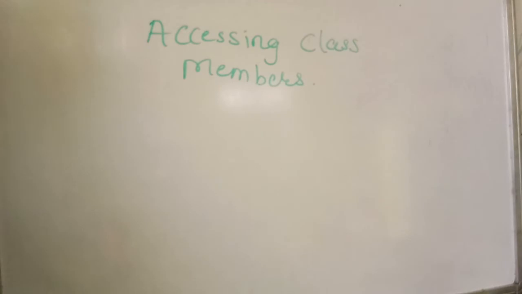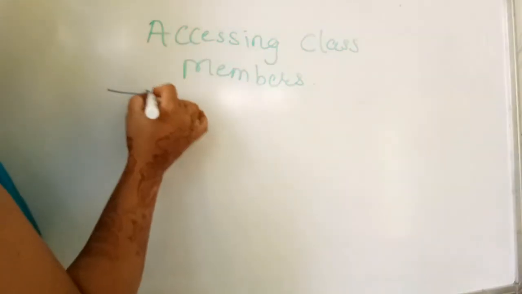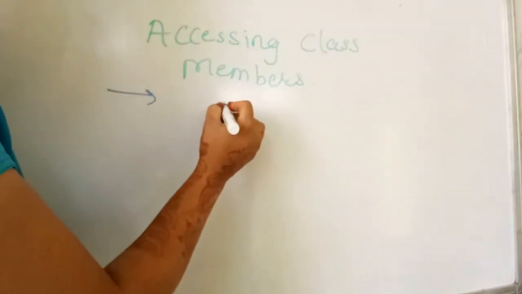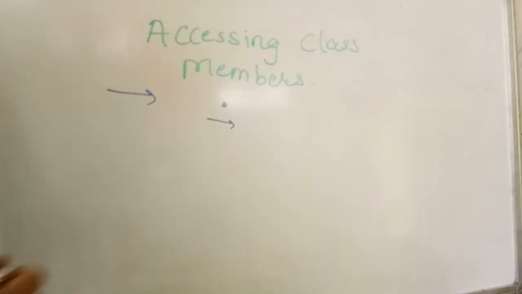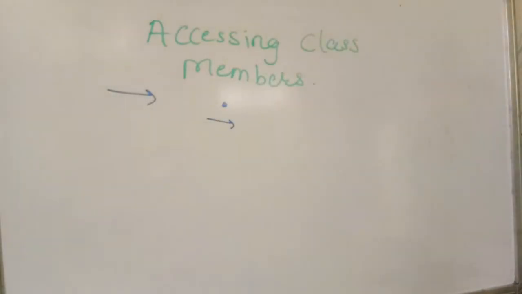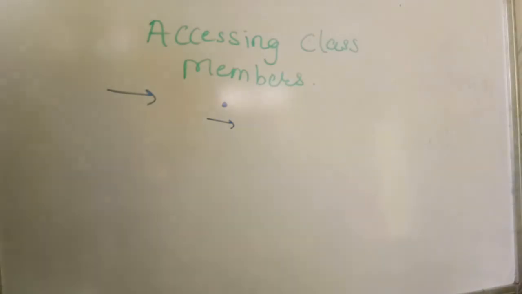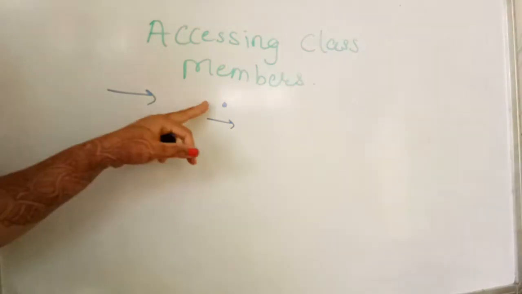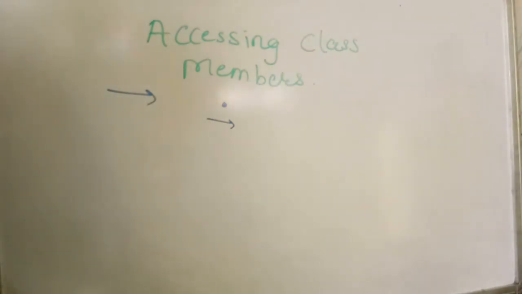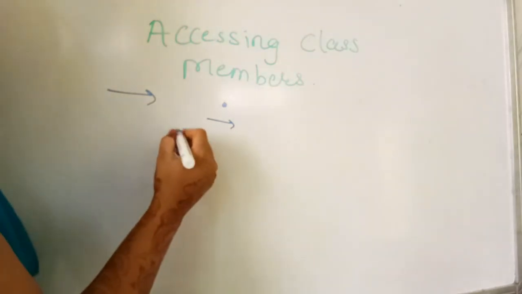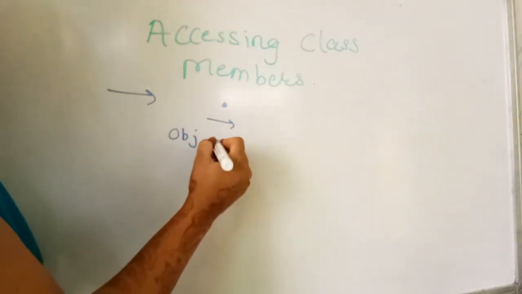In the structure or in the class, we have used two mechanisms, the dot and the arrow, for accessing the class members. Here in this mechanism also we use the dot operator. We can assign values to instance variables using the dot operator. This operator has the object on the left side of the dot and the variable on the right side. What is its syntax? The object, then the dot operator, then the variable.